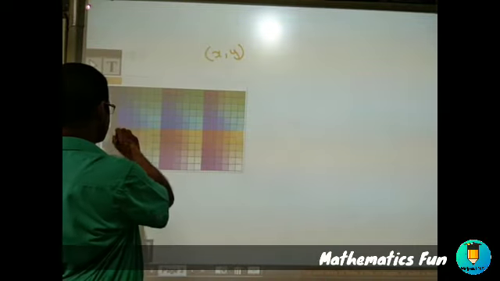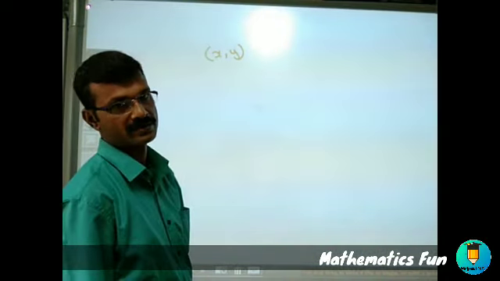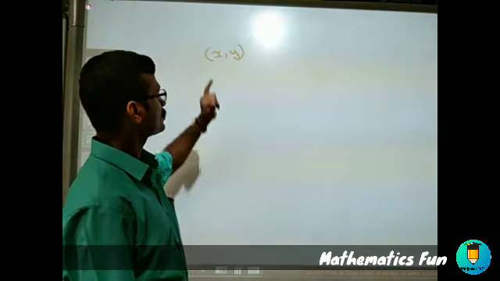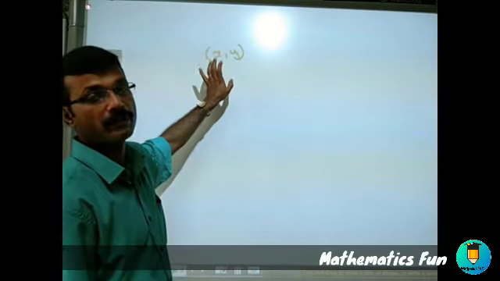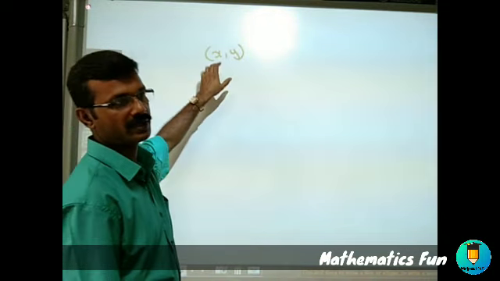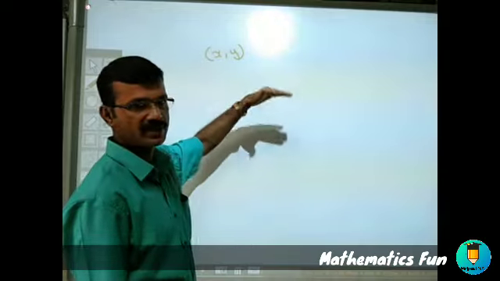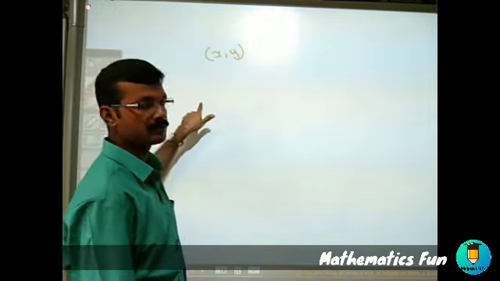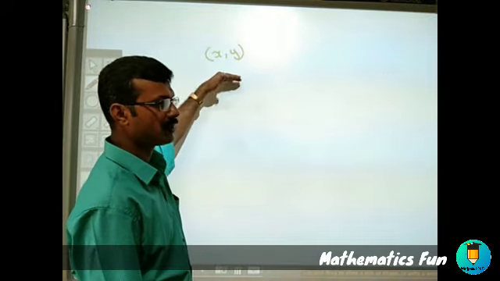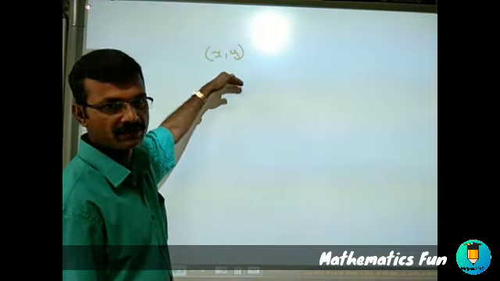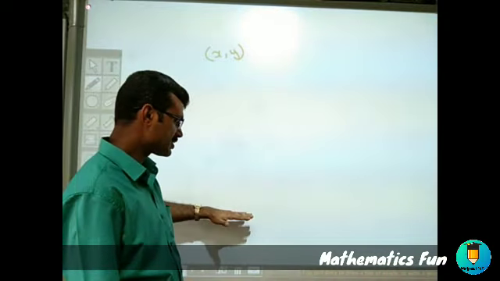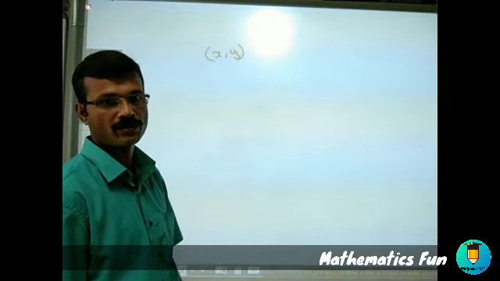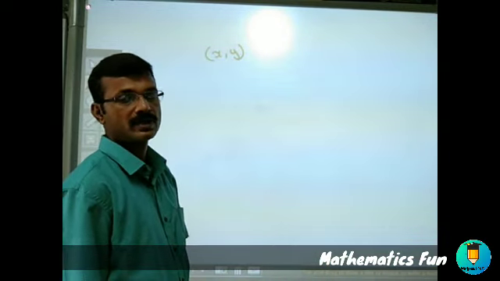And then the next step: they will always give some conditions. It's a path traced by a moving point under some conditions. So the second step is we apply the condition. Whatever condition is given in the question, that we will apply. That's the second step. And then the third step is we will simplify whatever we got in the second step, and we will reach an equation, that is the equation of locus. Okay, we will stop here.